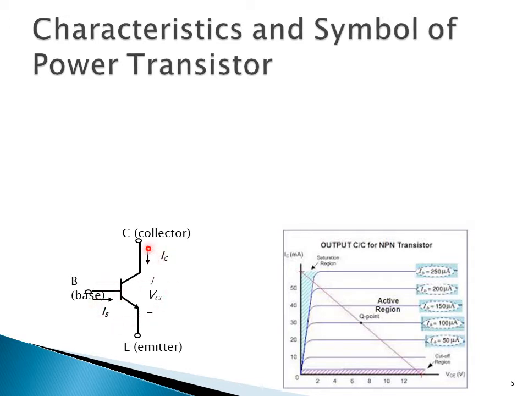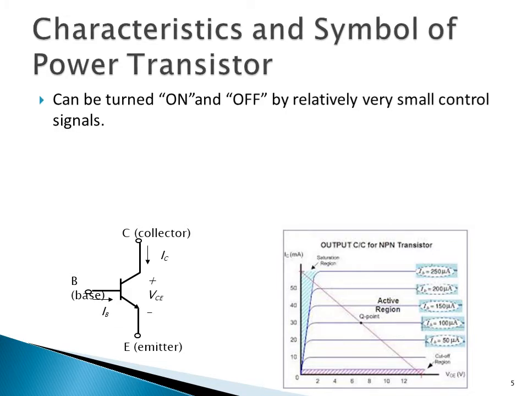So during the off state, no collector current flows. No means, when I say no, of course there is a low current flowing, and that is the leakage current flowing because of the reverse bias of the junctions. We know a transistor has got two junctions, so NPN, PN and NP, two junctions will be there. That leakage current will always be there, which is very small, in microamperes.